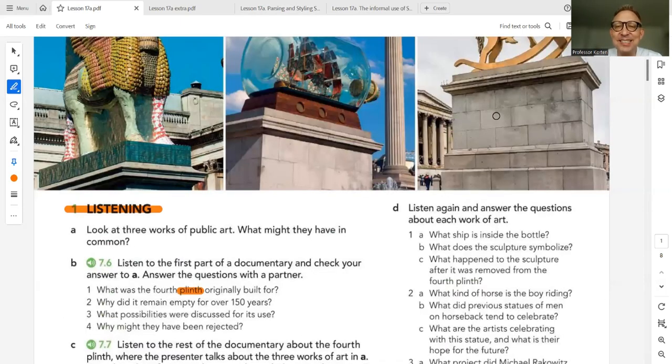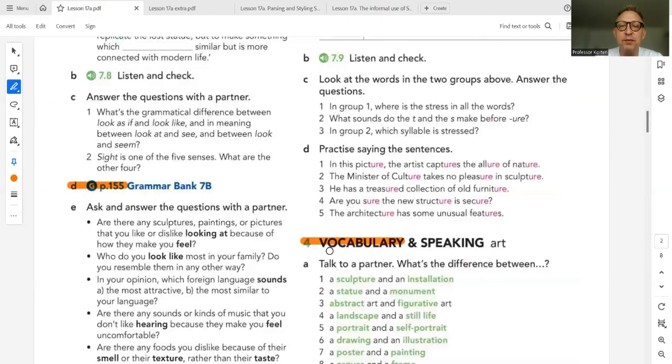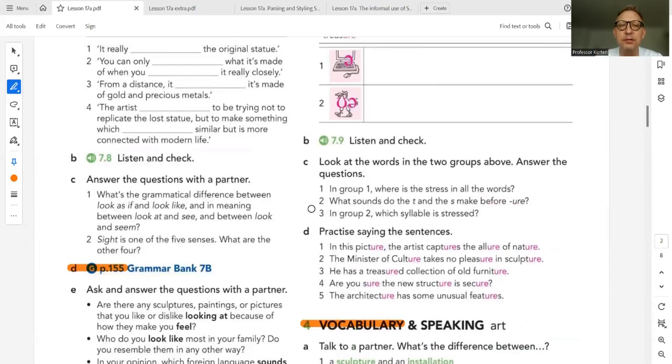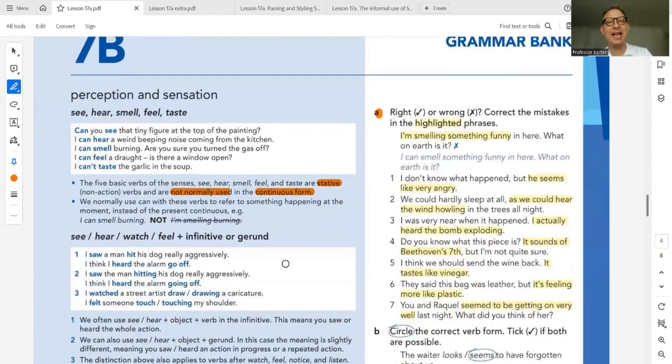All right, let's continue. I'm actually going to, you know about the grammar and the pronunciation. Pronunciation is done for you with the audio files, I believe, right here. I want to move to the grammar just for a minute, grammar section. And we're going to end with this, and it's going to be quite interesting because we're dealing with perception and sensation. You're going to have these exercises on the right. I'm not going to read the ones on the left. I think the instructions are pretty clear. But the reason I'm going to talk about what I'm going to talk about in a minute is because "I'm smelling" is considered a mistake. And I want to talk about stative verbs.